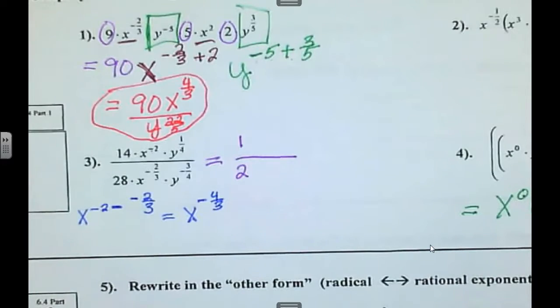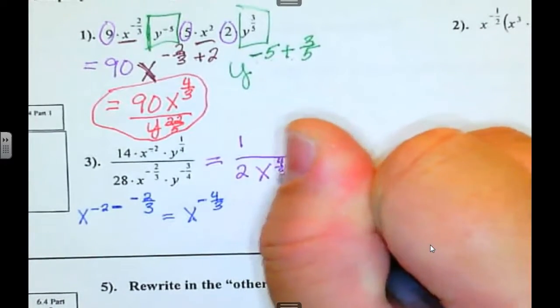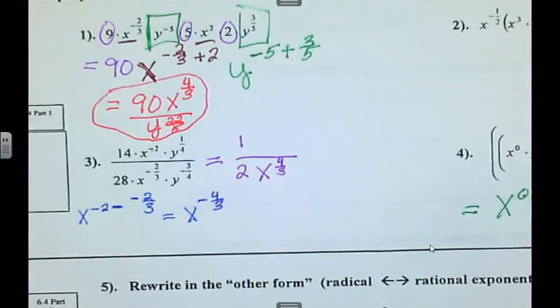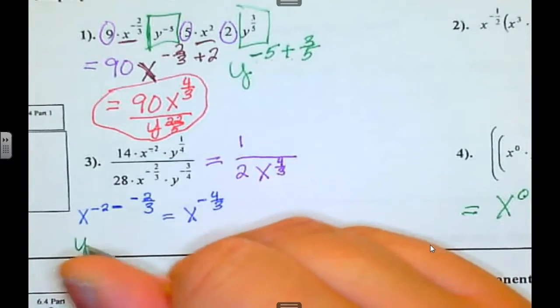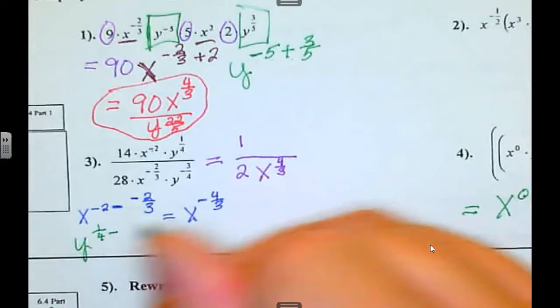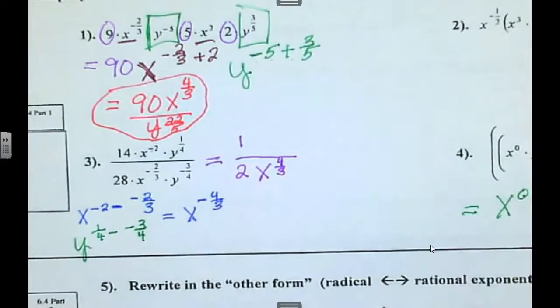So where's that going to go? All right, the y's. I got y to the 1/4 minus negative 3/4. This one I can do in my head. What do you get? Y to the 1st, which goes in